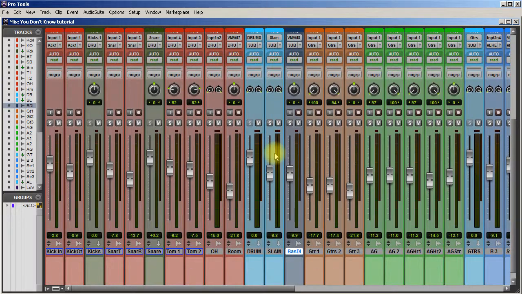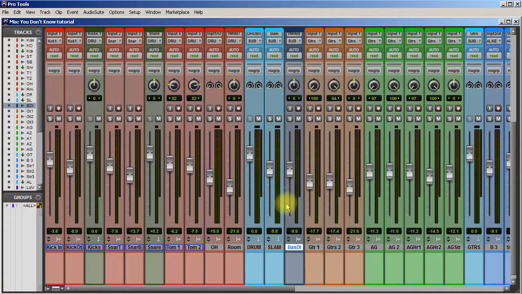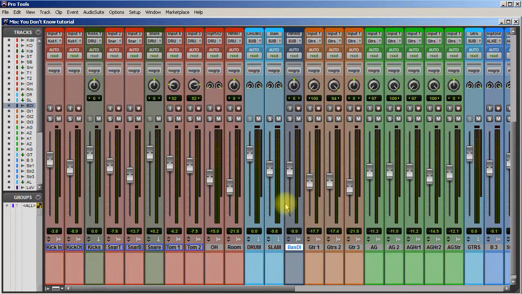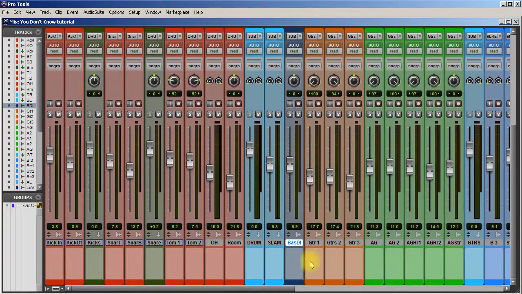So I'm feeling like the bass is lacking a little bit. It's covering the low end, but I want to hear that boom, boom, boom, boom, boom, boom. It's not cutting enough for me, so I'm going to